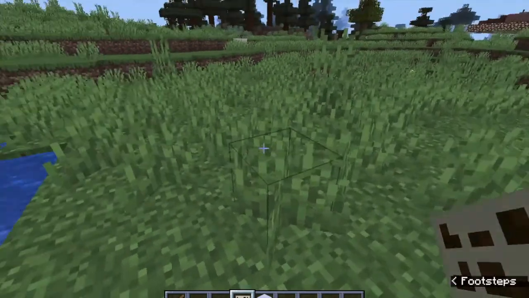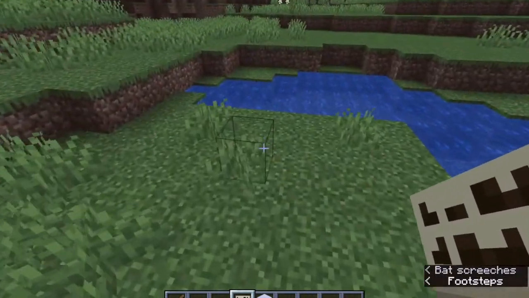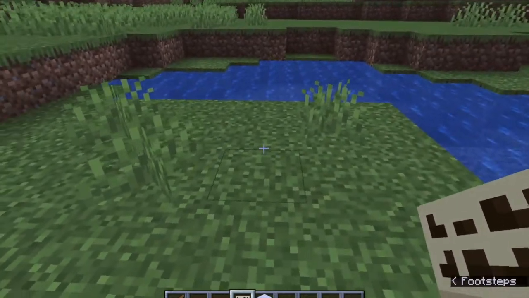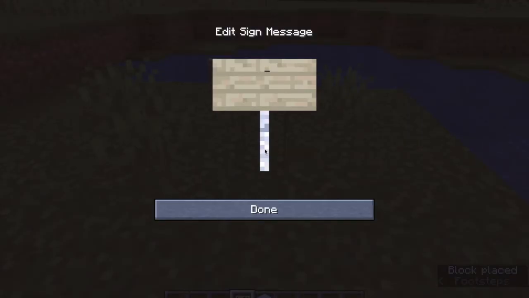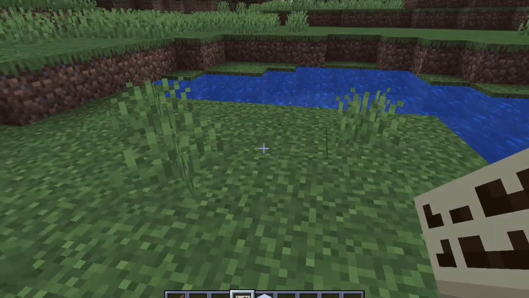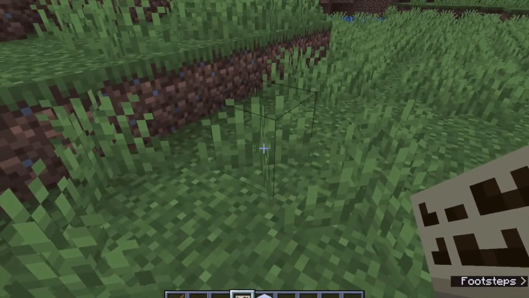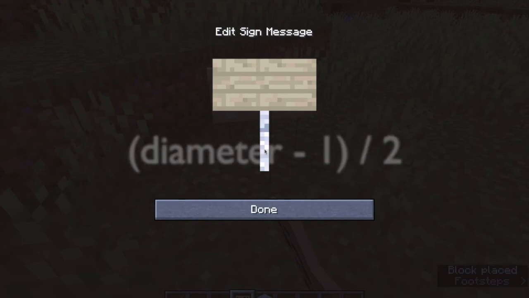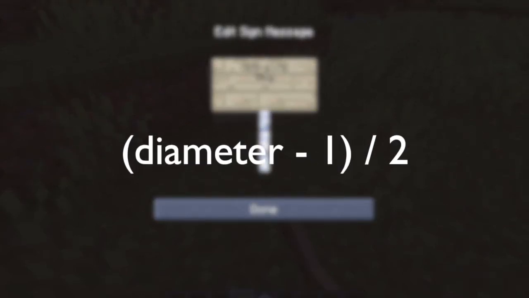First step, determine how big you want it to be. I would recommend an odd number greater than 13, and this is the diameter of the icosahedron. My example diameter will be 15, but hopefully this tutorial will work at any scale and become more accurate for larger shapes. Step 2. Place this many blocks